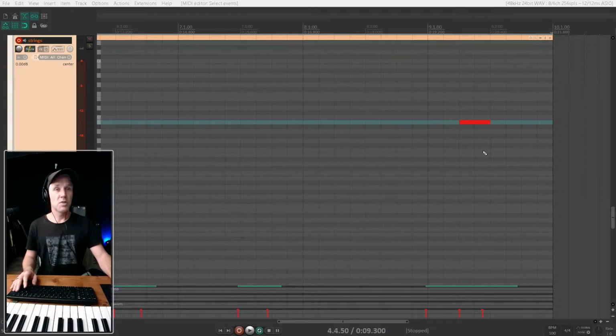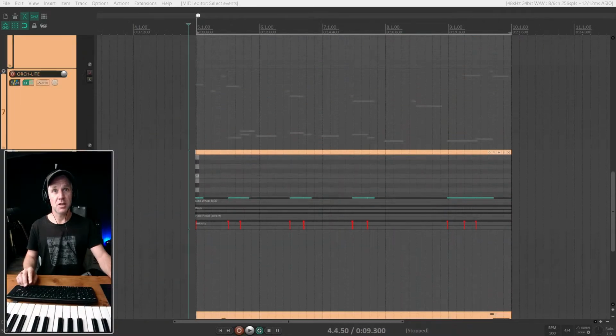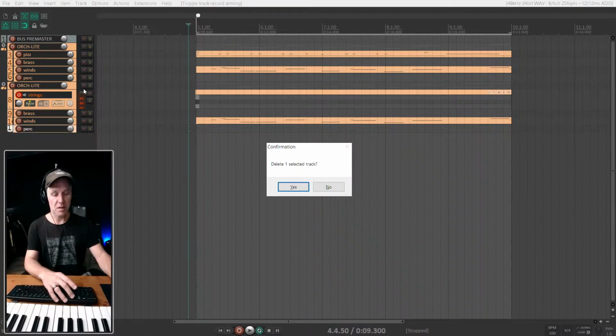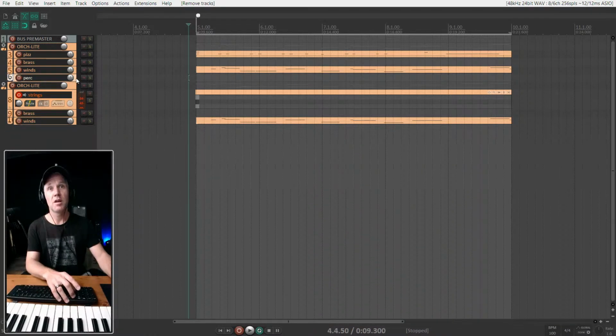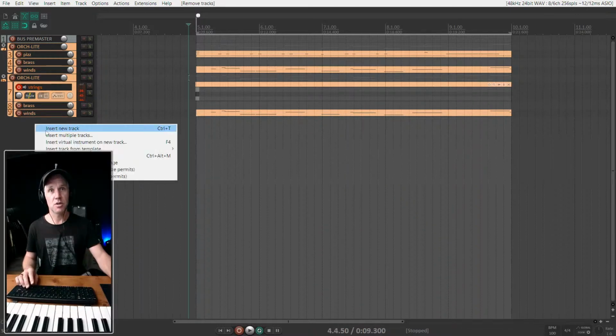Cool. So let's get on with the percussion for this section now. There is a dedicated percussion track here, but it doesn't have a lot in it. And what I actually want to do is delete that. I don't think we need that percussion at all, because I've got the beast of all beasts when it comes to percussion, which is